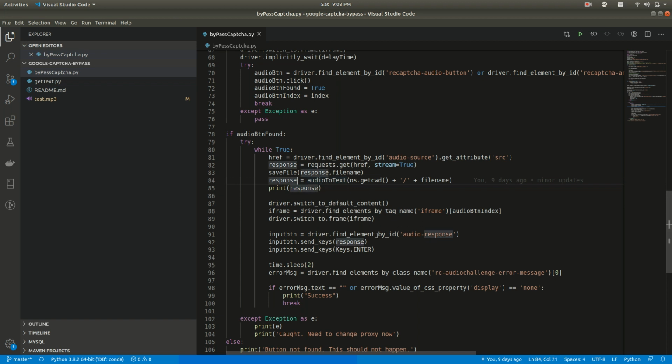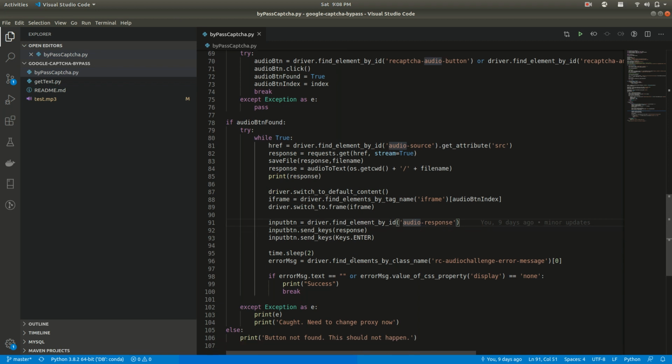Then we type that text into the main website which we are trying to bypass. So this is how it works. We try this step multiple times until we get success, depending upon the error message shown. If there is no error message, then we have successfully bypassed it.